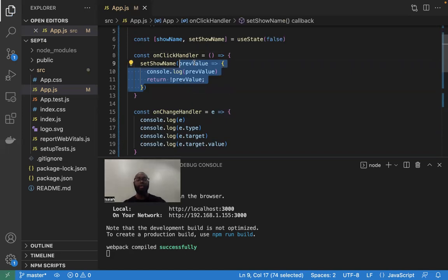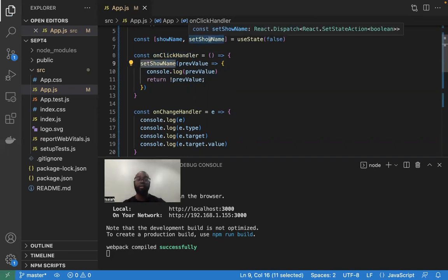And if it is a function, we're going to do this. And if it's a value, we're going to do something else. This return has nothing to do with these change handlers. It's just how this setShowName works, like this setter. So basically, I guess the question I'm asking is, unless it's a setShowName that's a function that takes another function, you don't have to return a value from any of the functions that you create in your